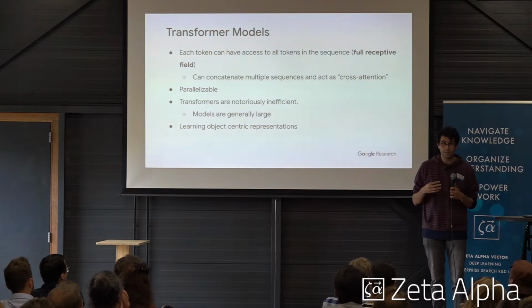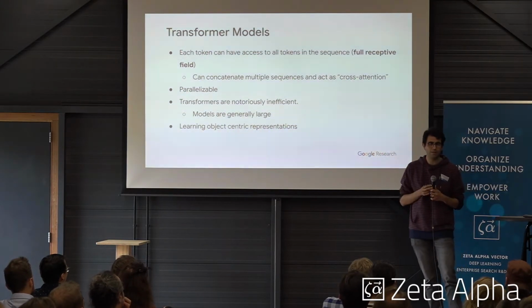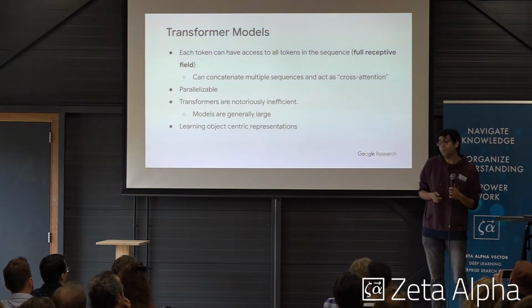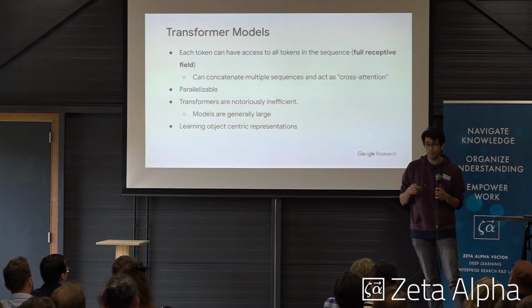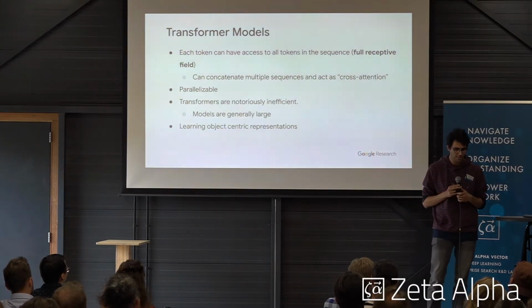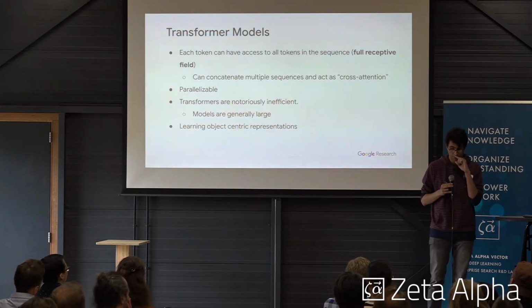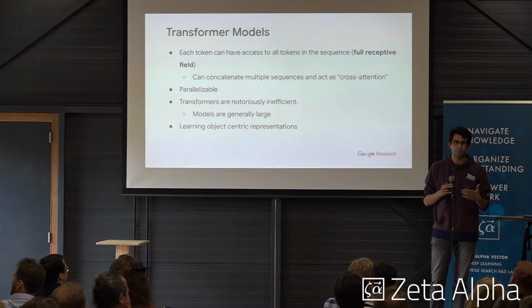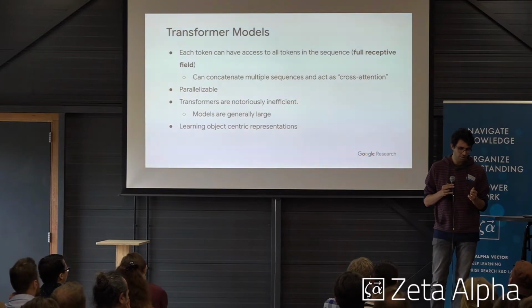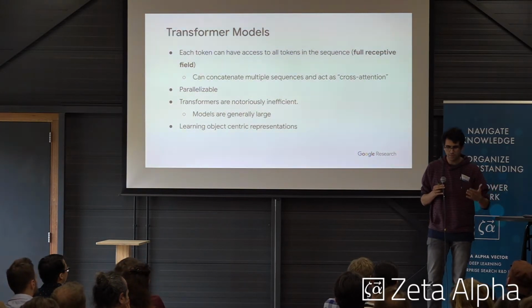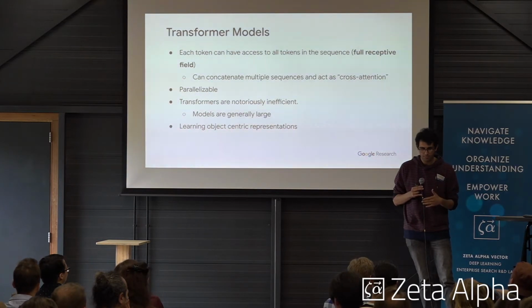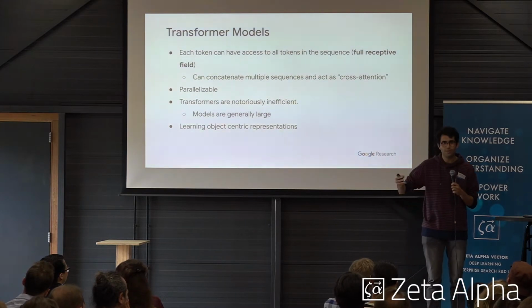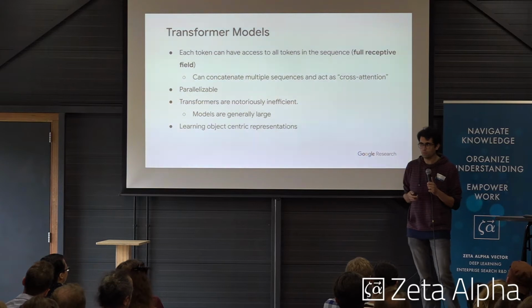You also have this parallelization ability. CNNs also have that, but RNNs, or recurrent neural networks, don't have it. They're surprisingly not super efficient. Again, we're going to talk about this. If you have an LSTM or RNN-based decoder, sometimes it's much faster than a transformer decoder, if you don't use the parallelizability, which you do during training. During training, you have either encoder only, or even if you have an encoder-decoder, you do teacher forcing, so you do parallel training. You never do autoregressive decoding. But during inference time, it might get super slow.